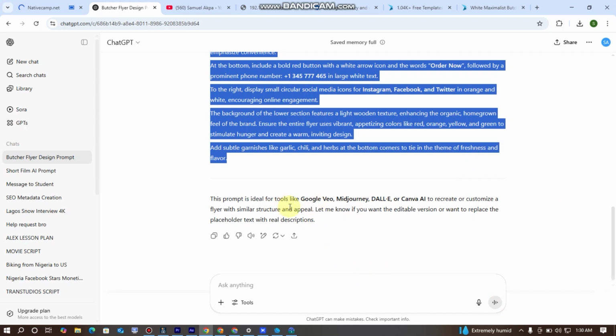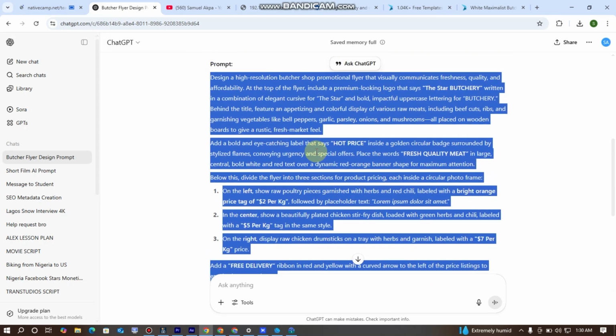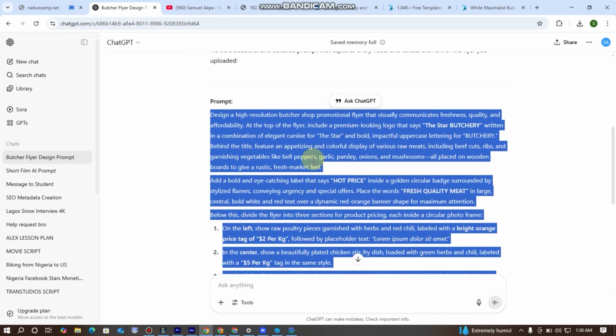We can use it in tools like Google VEO. We can use it in Midjourney. We can use it in DALL-E. We can use it in Canva AI to create or customize a flyer with a similar structure. But that is an advanced way of doing it. For now, because this tutorial is majorly about creating flyers or designs using ChatGPT,